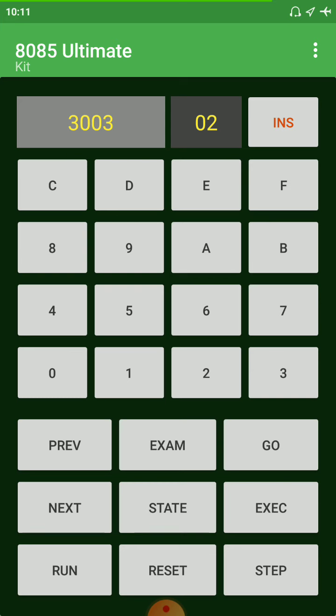Okay, so here it is, your binary number is 03. And your gray code for this is 02.